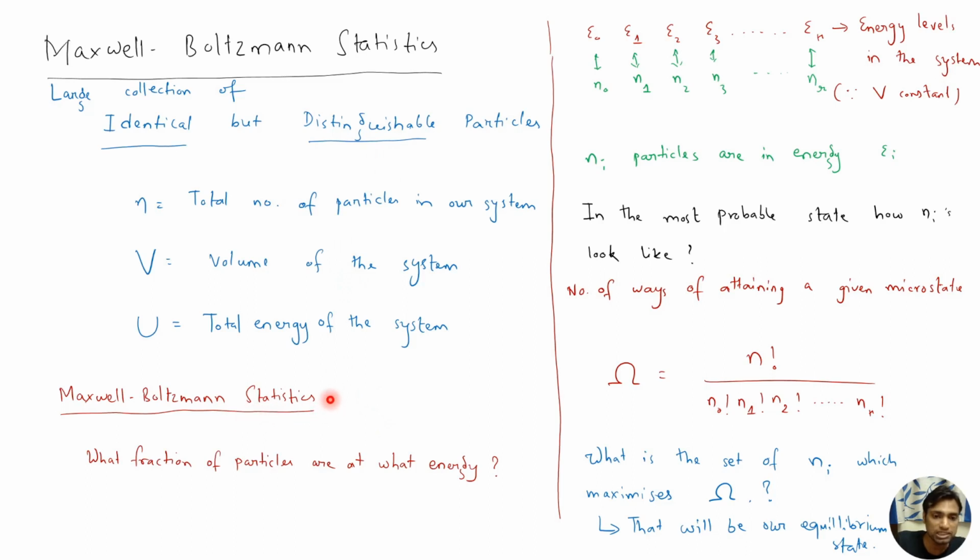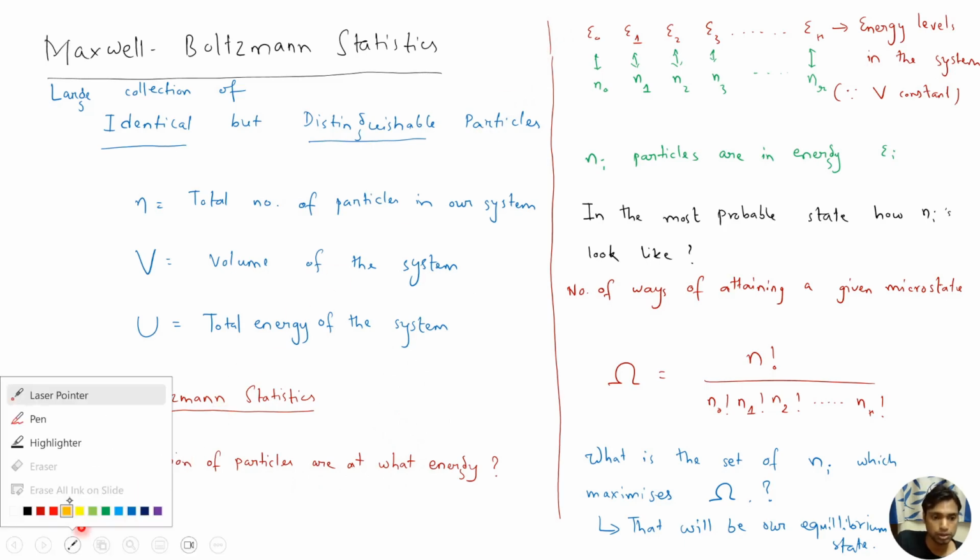In Maxwell-Boltzmann statistics, the question that we want to answer is: let's say we have a total of n particles, but not all these n particles are at a certain energy E. So we want to find what fraction of particles are at what energy. Now let us look at one individual atom. One individual atom can have certain energy levels. Let us name these energy levels E1, E2, E3, E4, up to ER, so they have R energy levels.